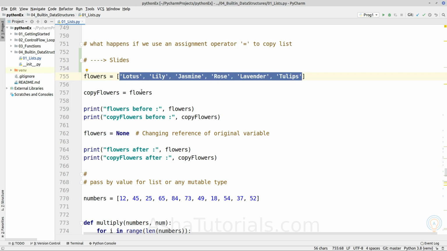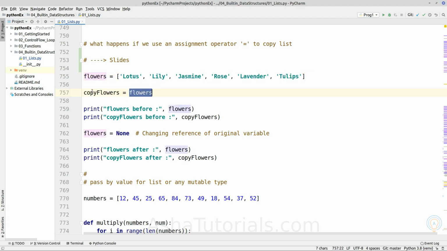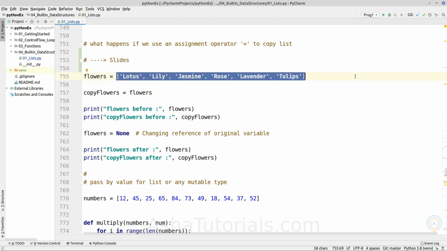And when we are assigning the variable to a new variable, it will only copy the reference to the list which is pointed to by that variable. So even while assigning it, we are not creating a new list object. We are just copying the memory address of that particular list.